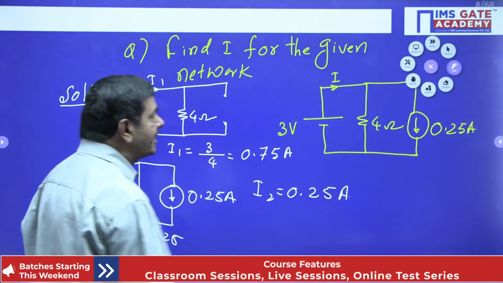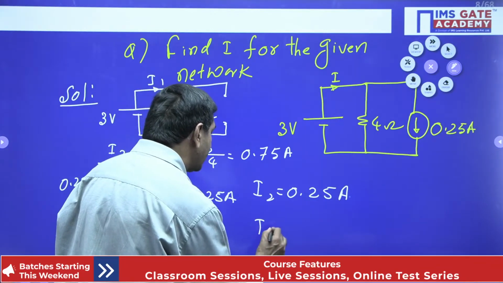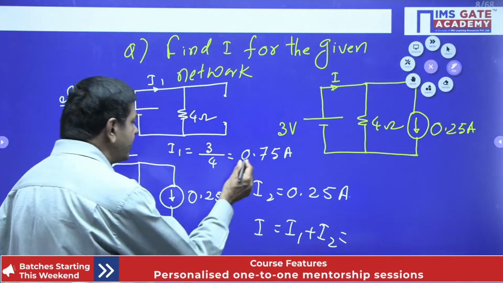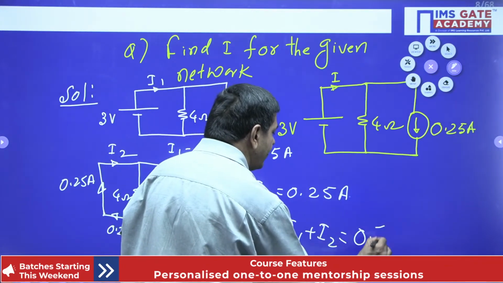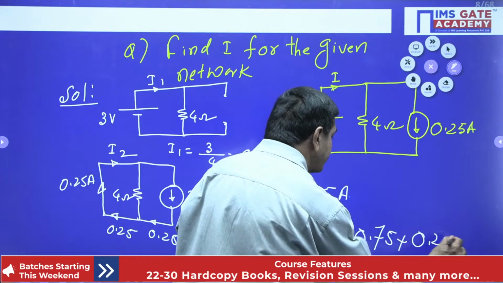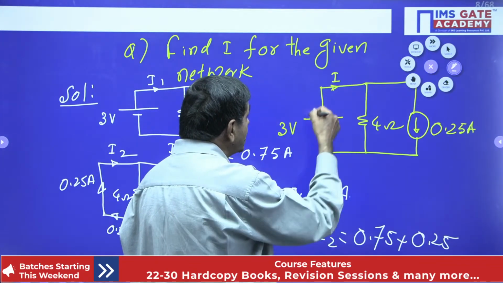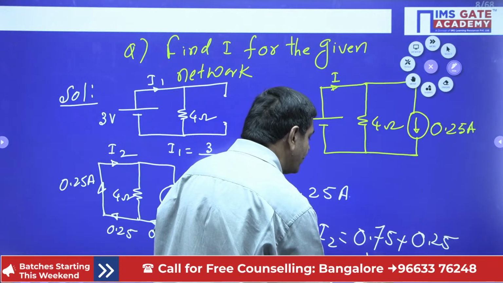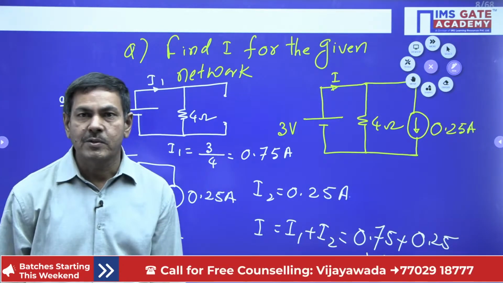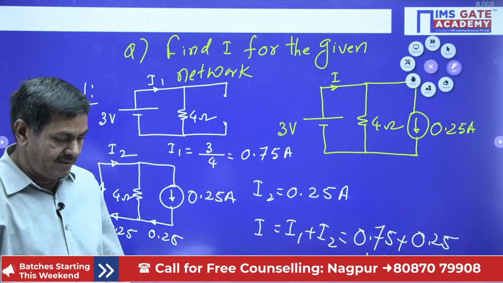And finally, what is the net current I? By using the superposition theorem, the summation of the two currents is made, we can get I1 plus I2. I1 is nothing but 0.75 and the second one is nothing but 0.25. The net current passing through this circuit, the net current passing from the source, is nothing but 1 ampere only. Yes, this is the answer. In that way, we can do the question. It's a very simple question, and I gave it using a simple circuit, just to give an idea